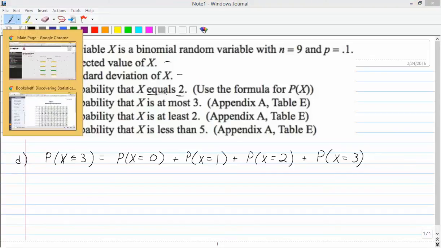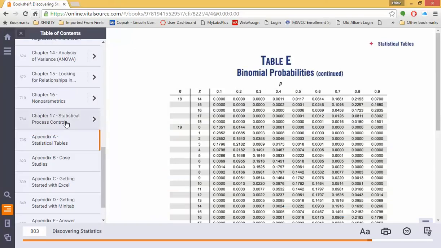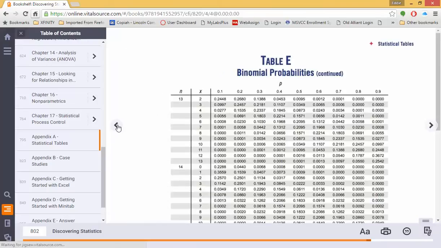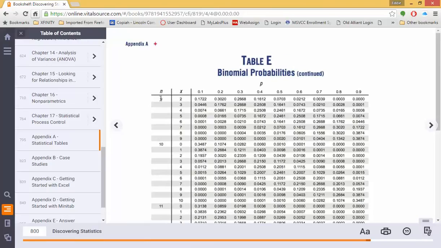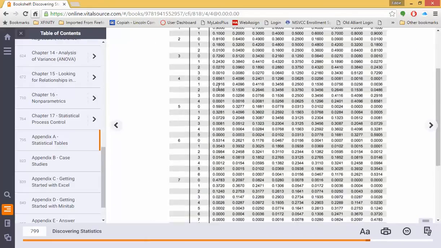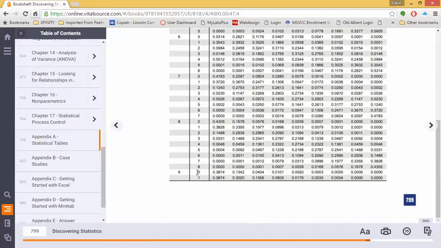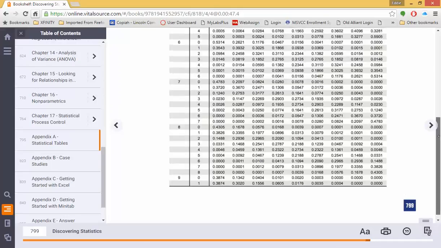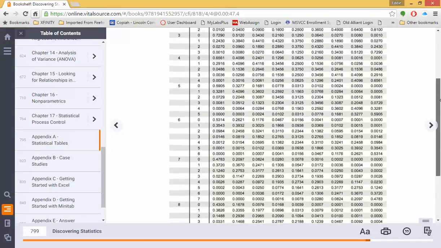So if I go to the e-book and I go to Table E, here's where n equals 9. Well, it actually starts, you can see the way this book is, it starts here. Because this is n equals 9, x equals 0. Now we need to make sure that we're in the right column. The success was